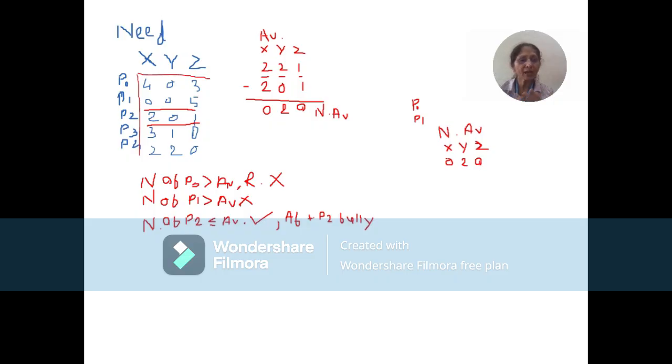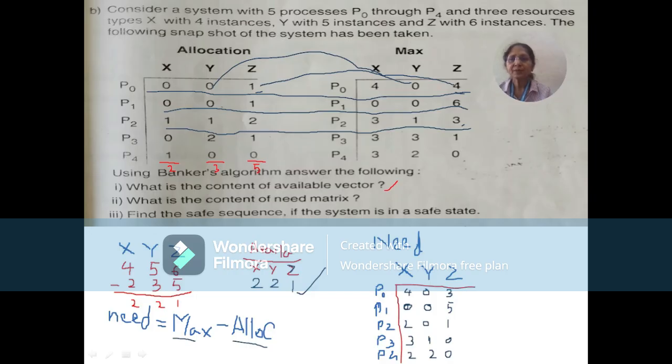Now P2 is very happy because it has got all the resources. So P2 will use those resources and it will fully execute, and when it is executing, it is going to leave our system, and when it is leaving the system, it is going to give the operating system all the resources which were allocated to it. Now we need to go back and check what was the max of P2. So let's do that. What was the max of P2? Max of P2 is 3, 1, 3. Can you see this? Max of P2 is 3, 1, 3.